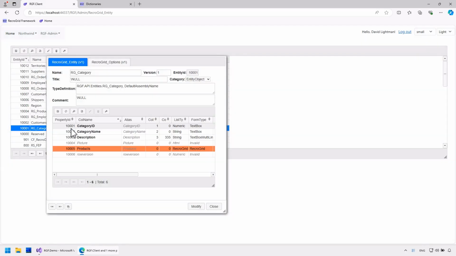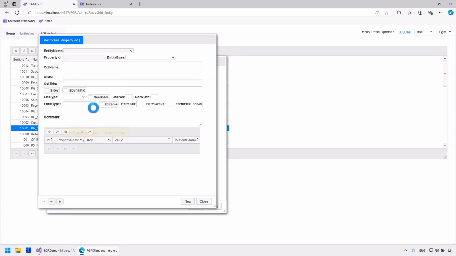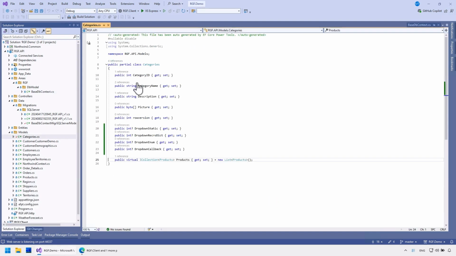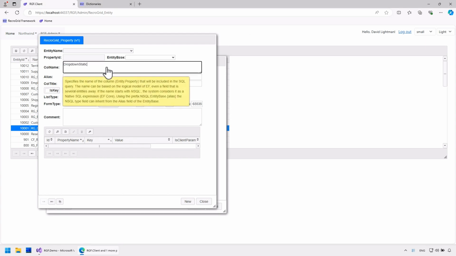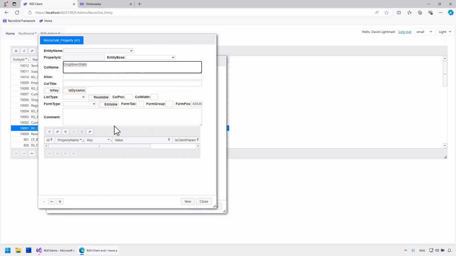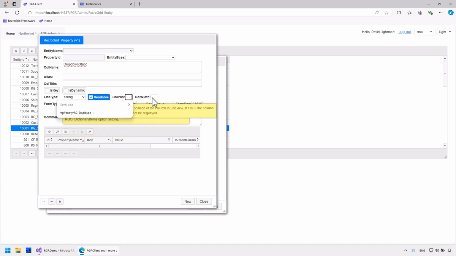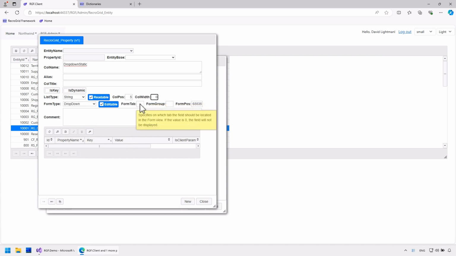In the category entity, I will add a new property called dropdown static. Its type in the list will be string, and it will appear as a drop-down list in the form view. It should be readable, editable, and displayed on the first tab.